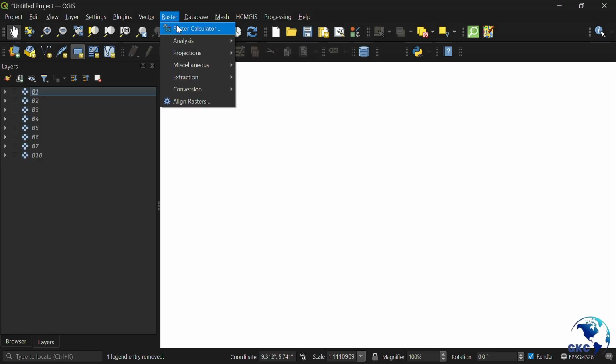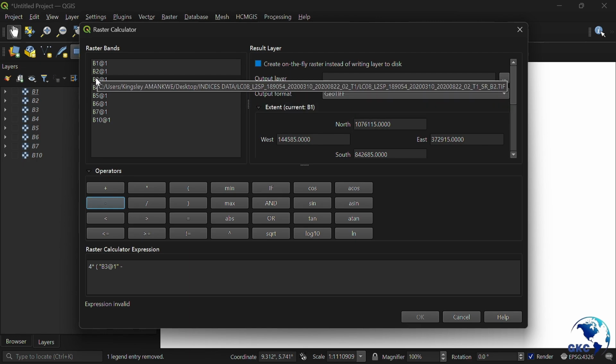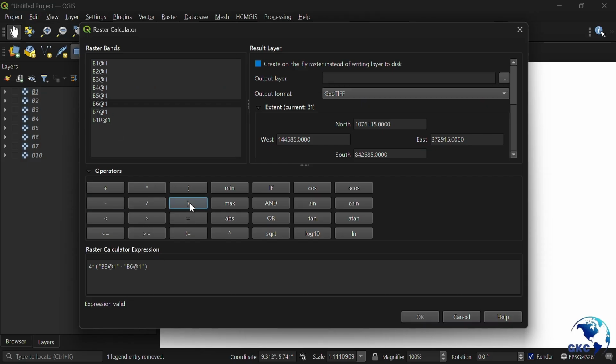Open my raster calculator, bracket open. Okay, sorry, I forgot. Yeah, 4 multiplied by the green band, band 2, sorry, minus shortwave infrared 1 times 6, bracket close, minus bracket open